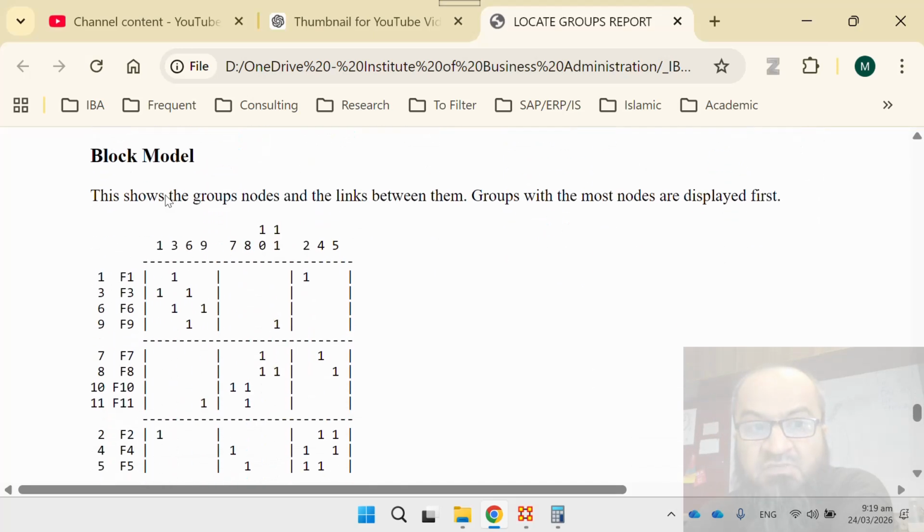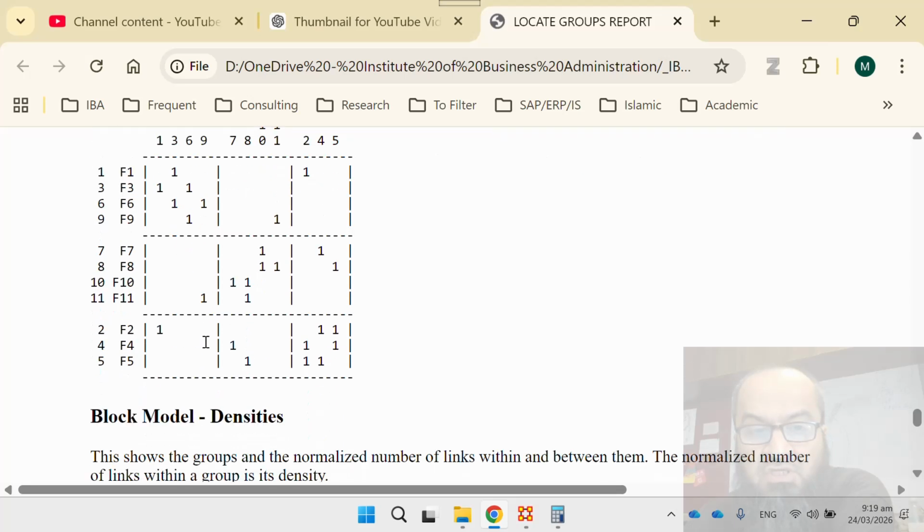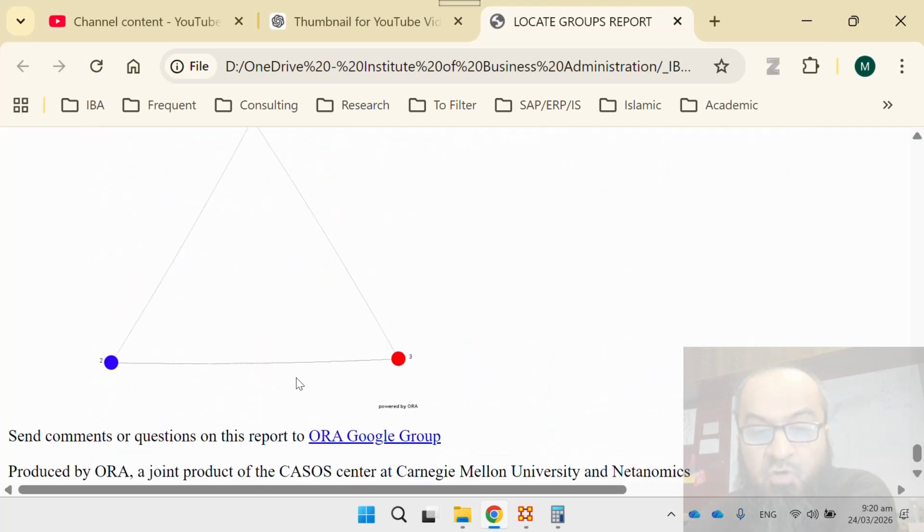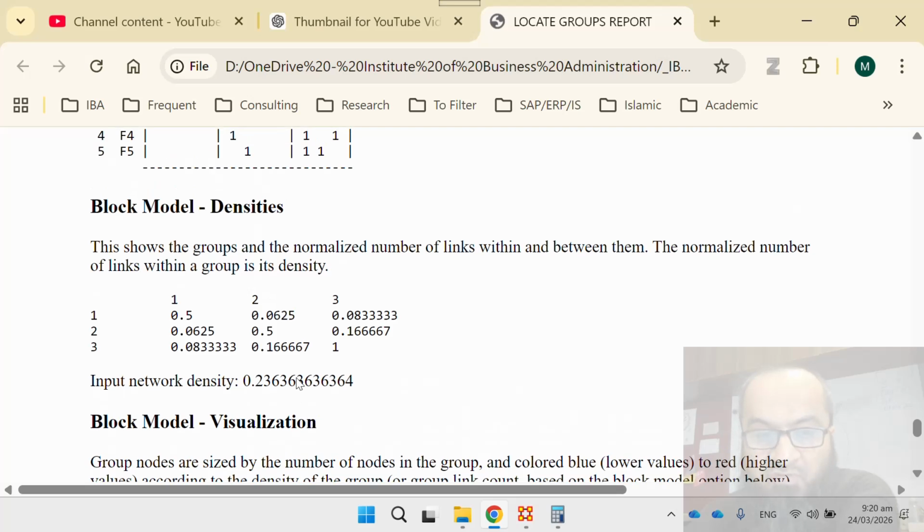The next important thing is the block model. So you see the block model, just as we saw in the theory, this is how the block model works, and also a block model for densities. Now this is something very important. Group 1 versus group 1, the density is 0.5, we just saw. Group 2 internal density is 0.5. Group 3 internal density was 1. So we saw earlier in the table as well. And these are the across-the-group densities, which are always less than the network density, and of course the group density as well. So this is the block model visualization. So this is how we make sense of